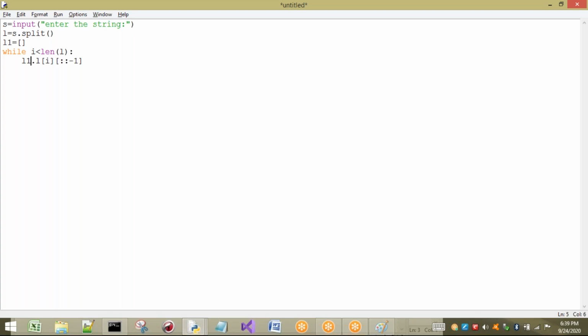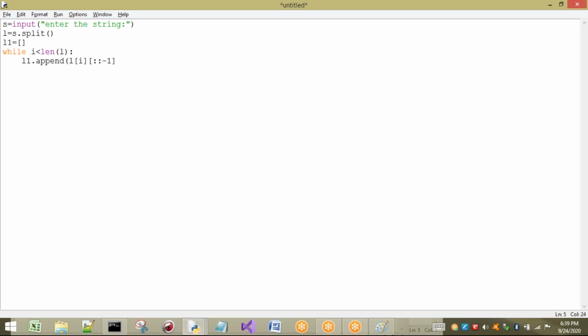But if you initialize it, for example, if I take S equal to 20 plus 30, I'm going to execute this one and store it, no problem. But whenever you are going to do some operation on that particular list, initially that list has to be initialized as empty. So L1 dot append, I have to append the reversed string to L1.